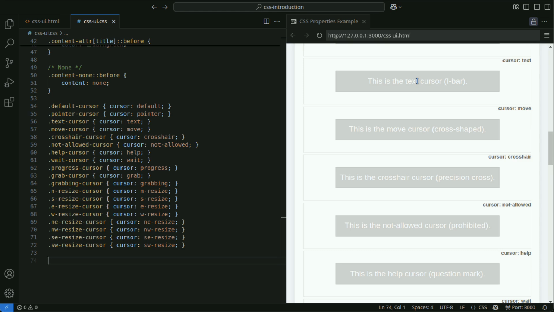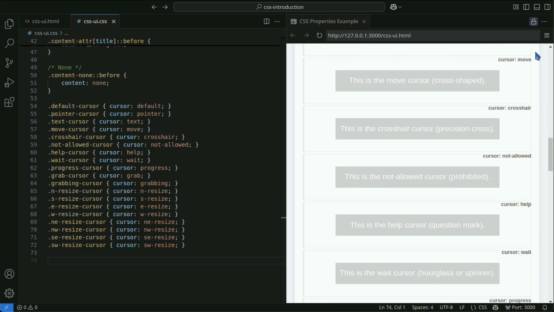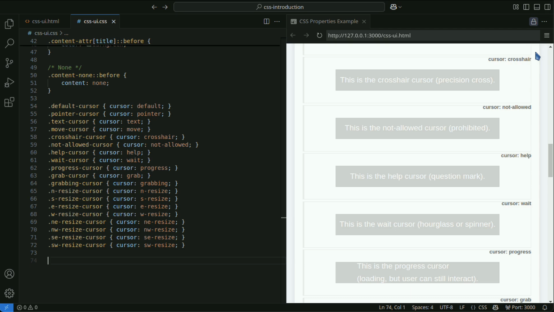Move is a cross-shaped cursor used when an element can be dragged. Crosshair is a crosshair cursor for precise selection.